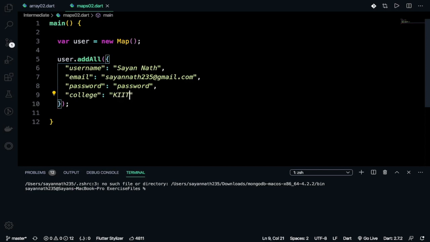So these are the things I have added in my map, and now I will do some operations.